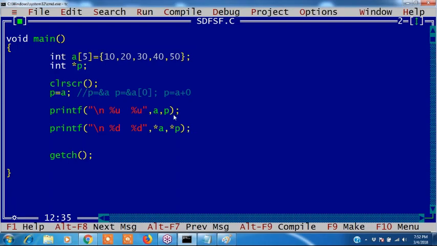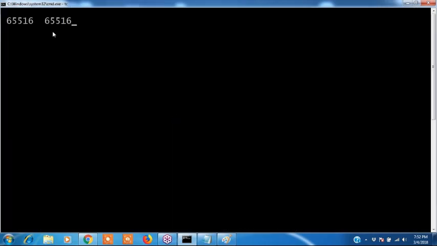Now, if I write A and P, what is printed? Tell me, what is printed? A and P values? Address of A and P. The address of the array, the first element, has been printed, right? What is this value? Address of first element. A and P are addresses of the first element.